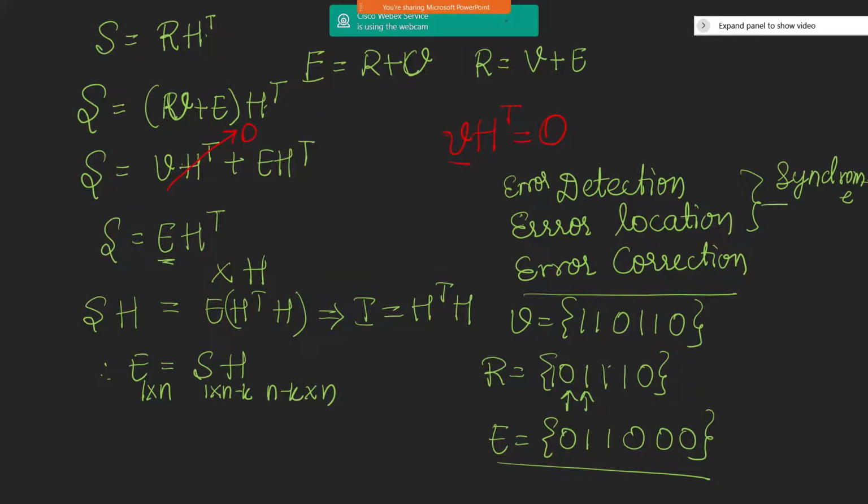I mean, the error correcting capability of a linear block code will always be restricted, and that depends on another important parameter called the Hamming distance and the minimum error correcting capability of a linear block code, that we will see a little bit later. But this error pattern is a very important thing which is indirectly evaluated by this syndrome. Therefore, the syndrome plays a very significant role in doing error detection and error location process. Then error correction, single bit error correction, can be easily performed manually. So this is the process of syndrome evaluation.